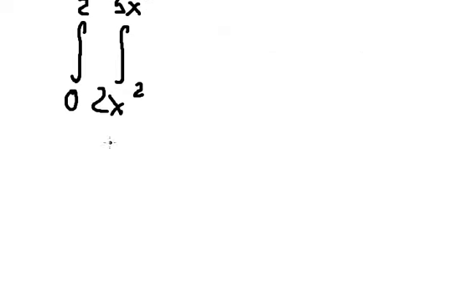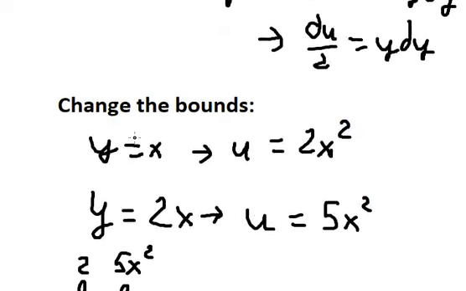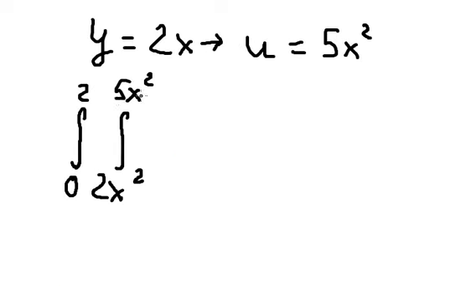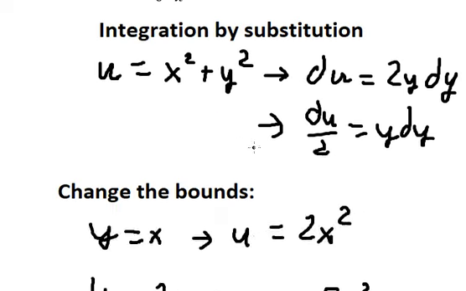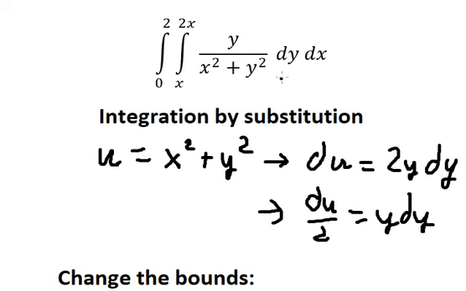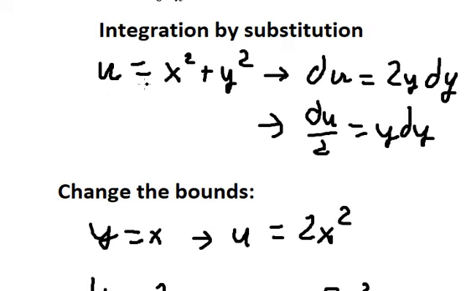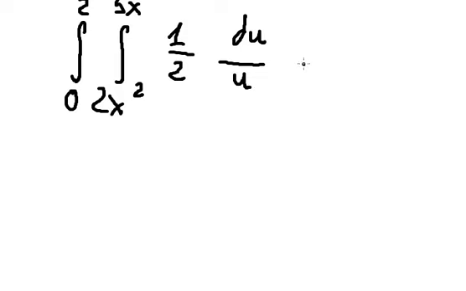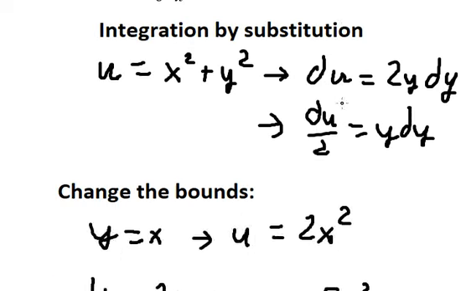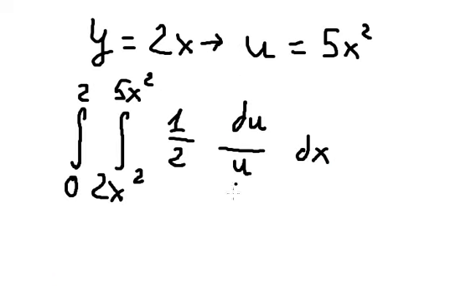So s we change to 2s squared. 2s we change to 5s squared. y dy we change to du over 2. This one we change to u. The integration of du over u,